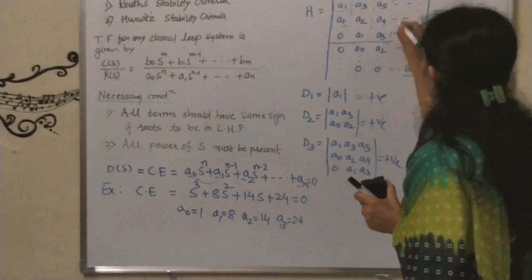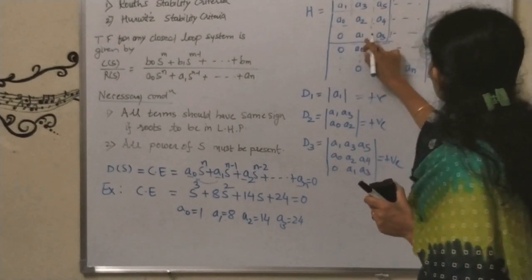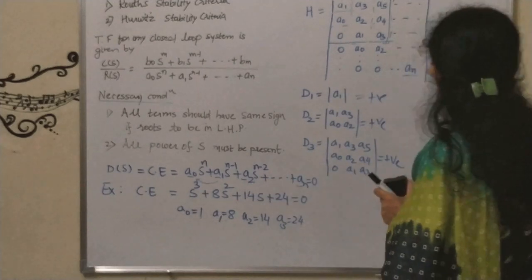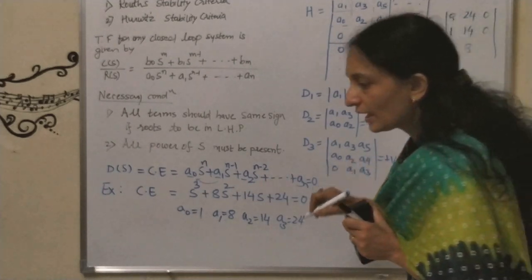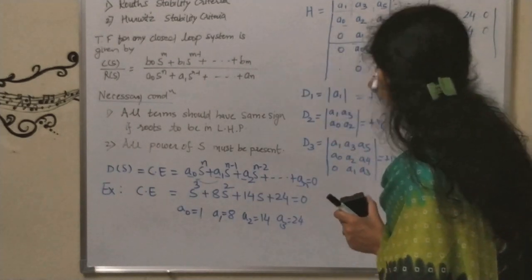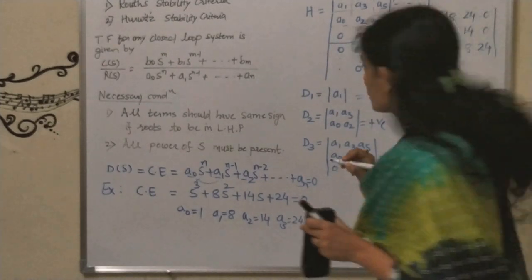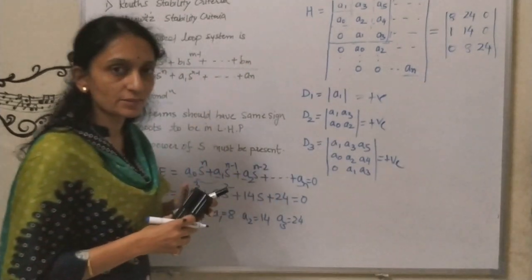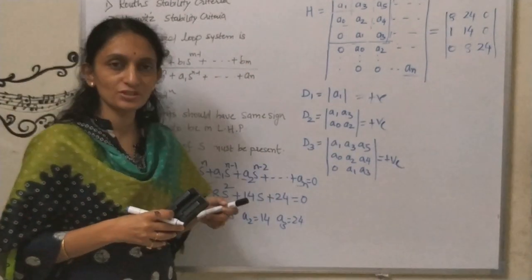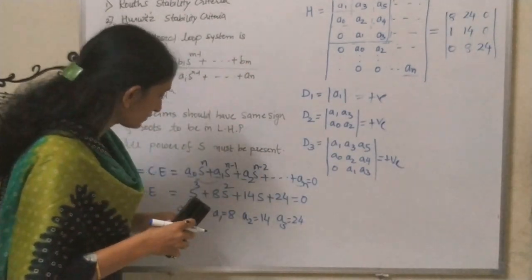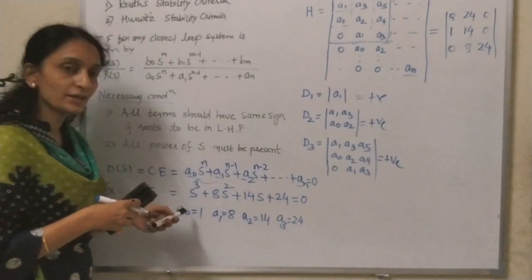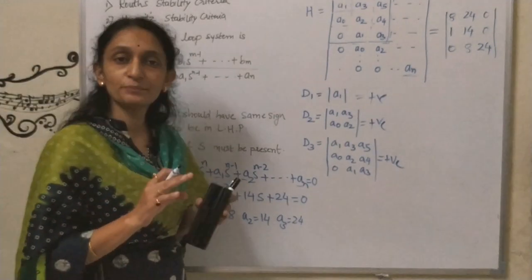Okay. Next here 0. Look at this. Okay. We are discussing this. 0. Then A1 is actually 8. Okay. A1 is actually 8 and then last A3 is 24. Okay. So I hope you got the concept. Simply we have substituted the coefficients there. As the size of the matrix or determinant is 3 by 3, there will be 3 subdeterminants.